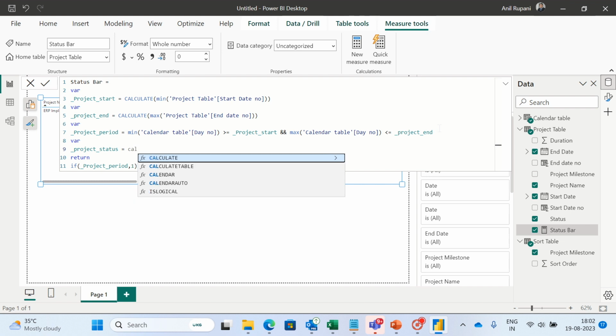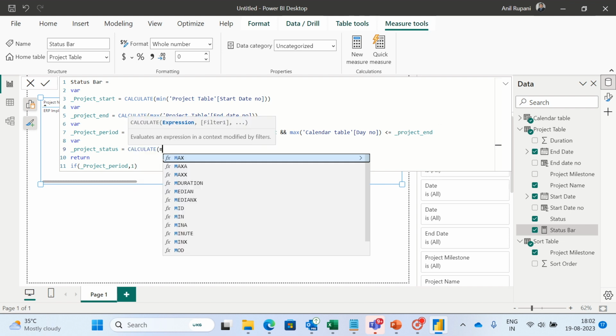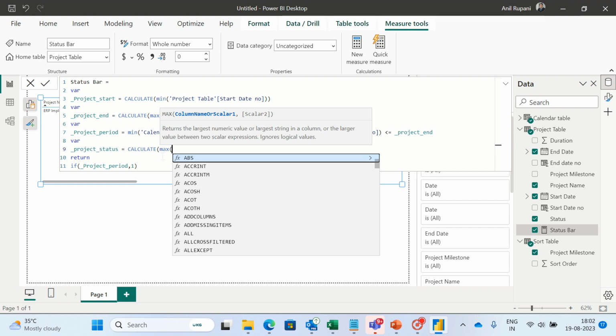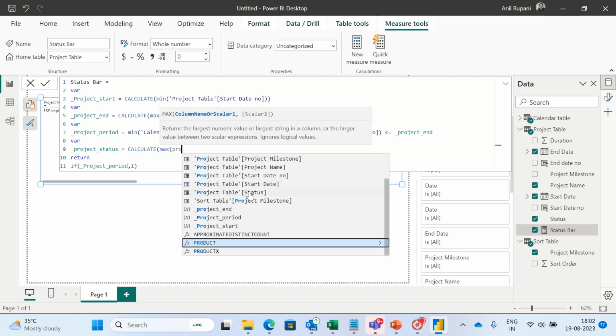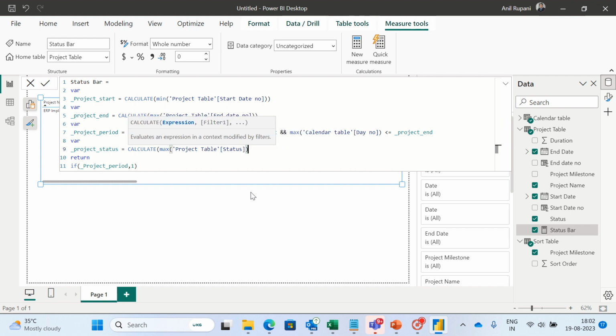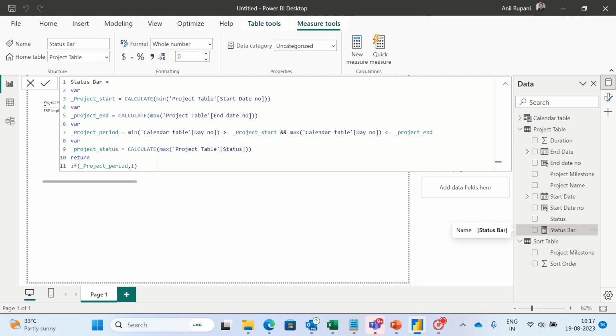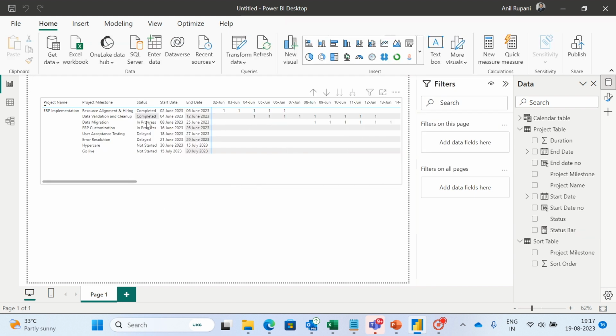So this would be calculate max, my project table and then the status. Now earlier we had used a single identifier 1 for each milestone and each status, whether the milestone status was completed or in progress, delayed, everywhere we had used the identifier 1. But now, if we want to have a different color for different milestone status, we have to have a different